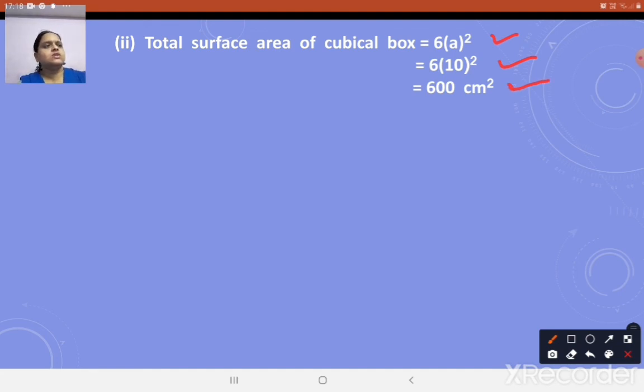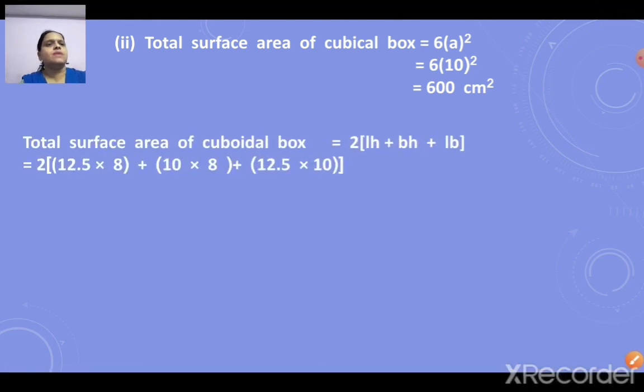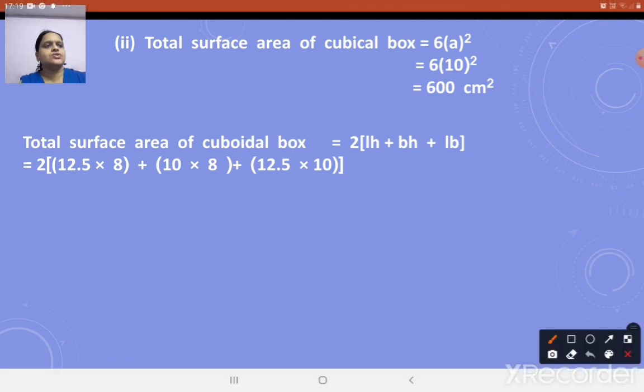Now let us find the total surface area of the cuboid. What is the formula? Correct. 2(LH plus BH plus LB). Substitute 2 in the bracket 12.5 into 8 plus 10 into 8 plus 12.5 into 10. Let us see the calculation. Yes, we have done this calculation already in the lateral surface area. So that is 2 in the bracket, 12.5 into 8, we got it over there as 100, plus 10 into 8 is 80, plus